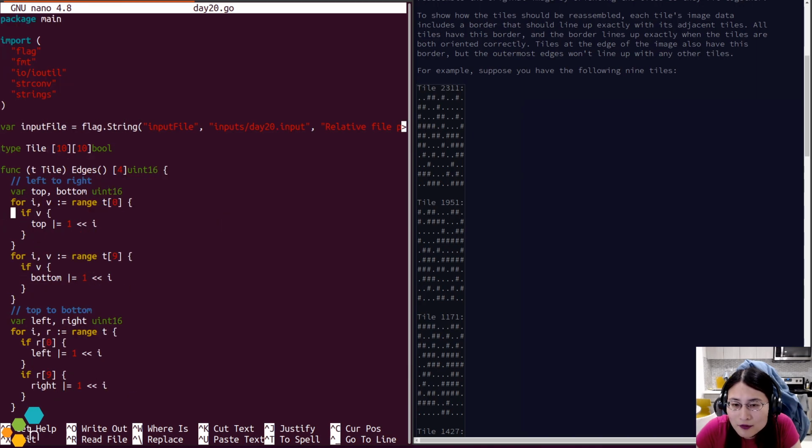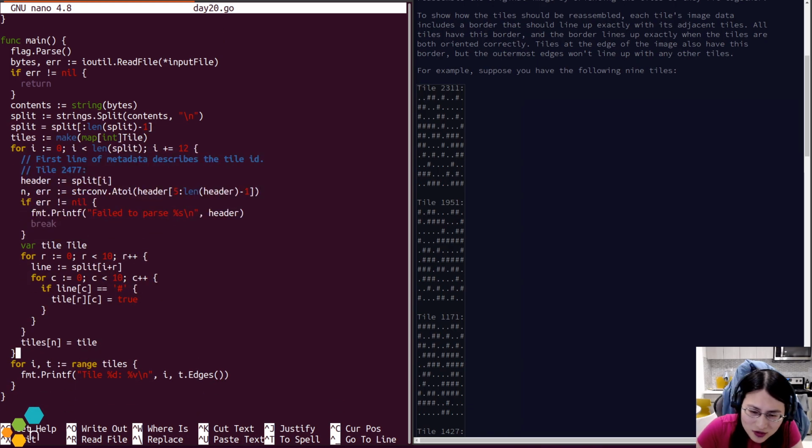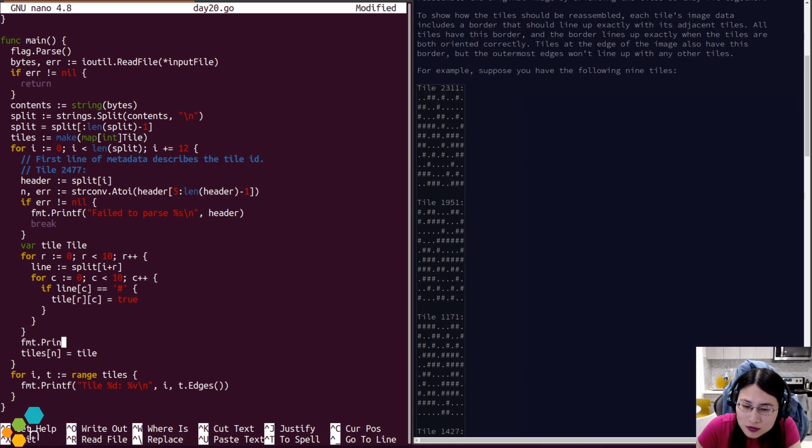Why is the top of the tile never having any bits set? That seems not correct. Let's just print one of the tiles really quick. I am deeply skeptical of this.